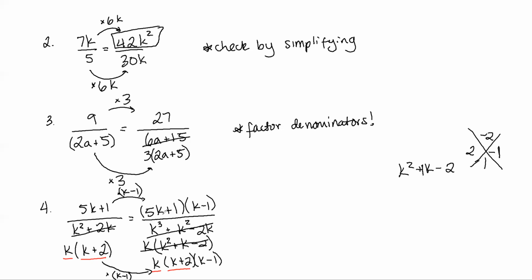Make sure you put the parentheses around those first two terms there, because we are going to have to FOIL this out. And this is the only time that you actually want to FOIL things out. Because when we start actually adding and subtracting these fractions, we want to be able to combine our like terms on the top. The only way we're going to be able to do that is if we actually FOIL this out. But still leave your denominators factored. So I'm going to leave this factored down here. And then if I go ahead and FOIL along the top,